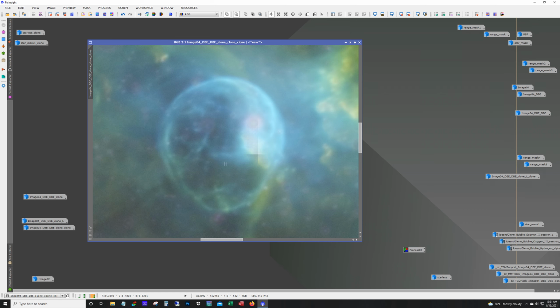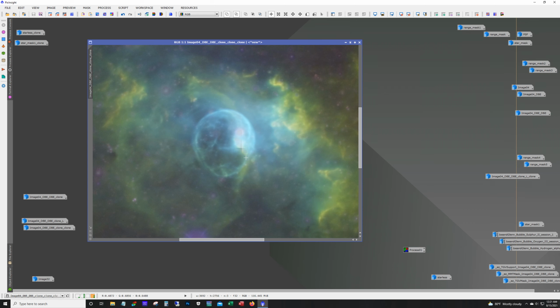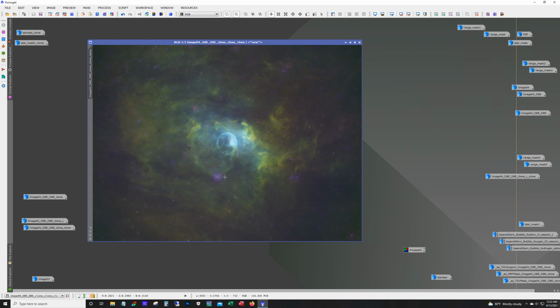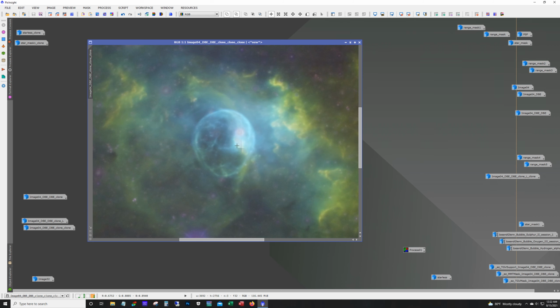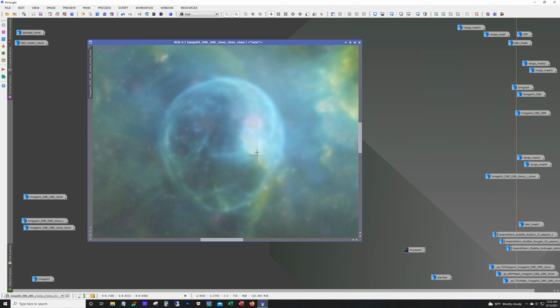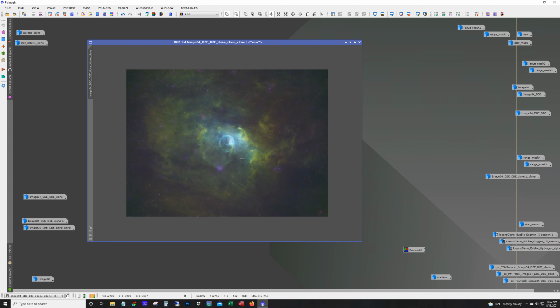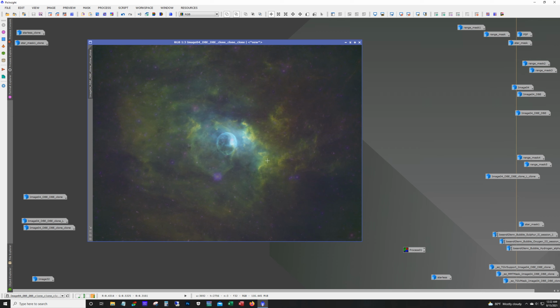I decided to proceed with processing it to see how it would look after I add the stars back. Maybe I could clean this up afterwards. If you watch Joe's video, he actually created a mask that protected this star when he did StarNet, and so he didn't get this artifact here, and I really should have listened or replicated that step, because I tried to